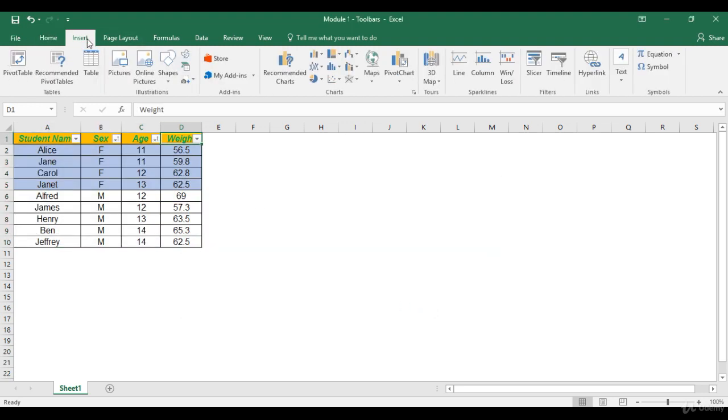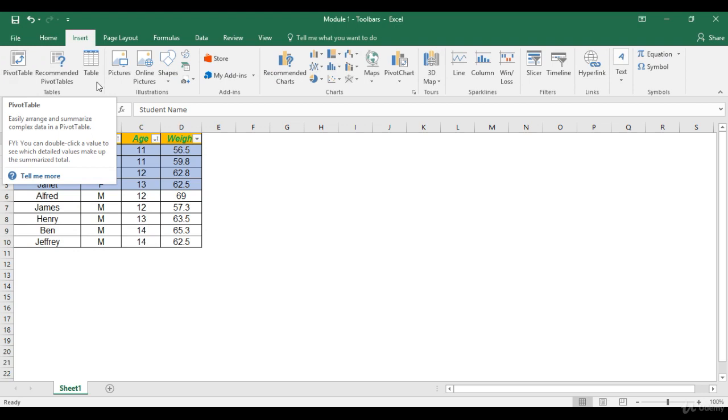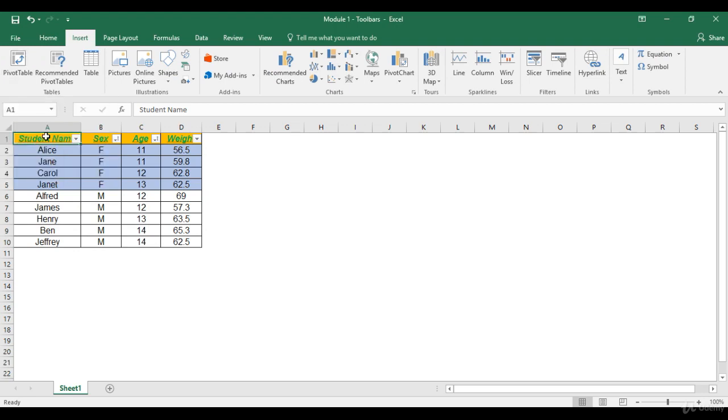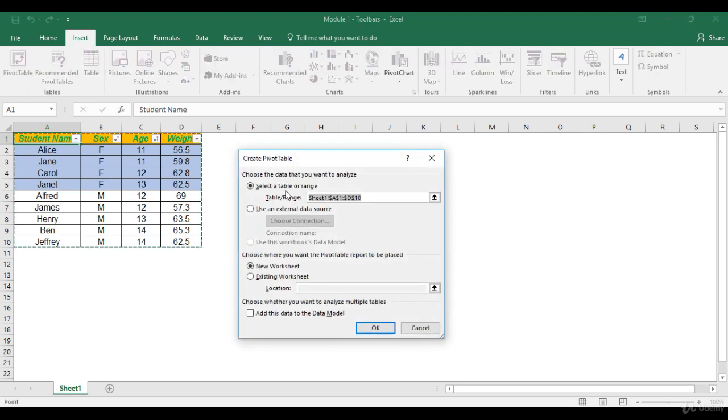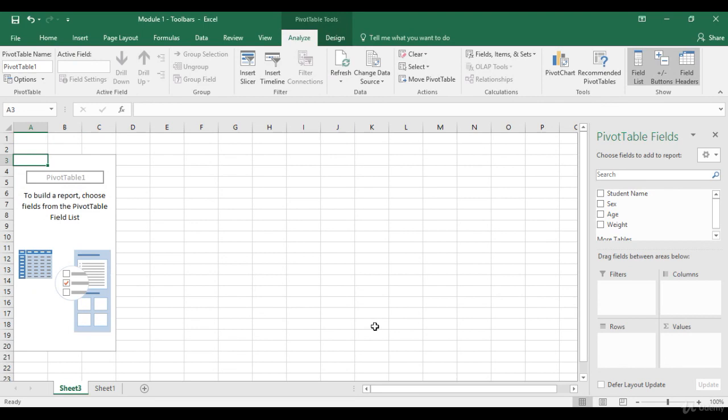Let's move on to the insert group now. Pivot table. You can insert a pivot table in an Excel file by going to the data set for which you want to create that pivot table and clicking on pivot table. Over here, the first section talks about the range. Over here, we are talking about cell A1 till cell D10. We want all the values. So we've got A1 over here and D10 over here. Then Excel asks us whether we want to have the pivot in the same worksheet, which would be the existing worksheet, or a new worksheet. Let's click on new worksheet and then OK. So the pivot table gets created.